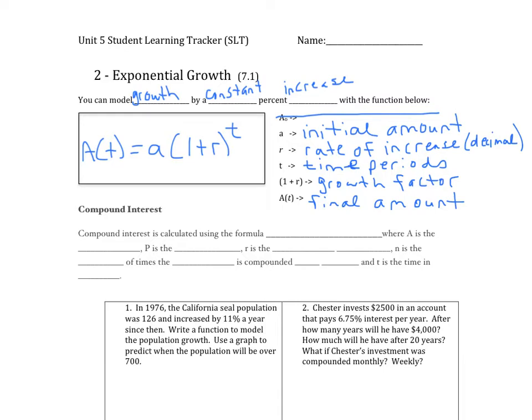That's compound interest, and it is calculated using the formula A equals P times (1 plus r over n) to the nt, where A is that final amount, P is the principal, which is the initial amount, r is the annual interest,